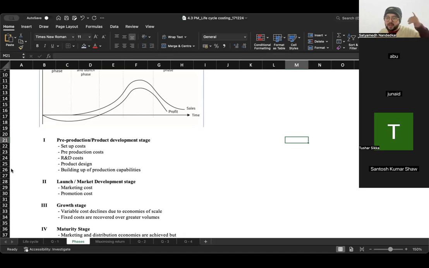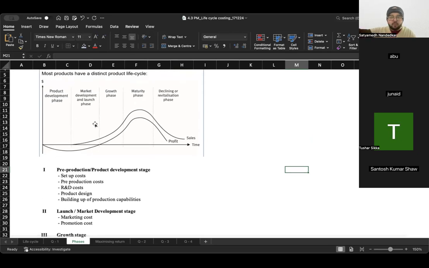Then the growth stage will happen. There will be bumper growth, but you will still have to keep on spending money on promotions. Maybe not at the same level as you earlier used to, but still you will have to spend money on that stage also. The variable cost will decline because of economies of scale, but the fixed costs will keep on getting recovered over greater volumes. Now the product is in the growth phase. A lot of people know about it, and sales are also